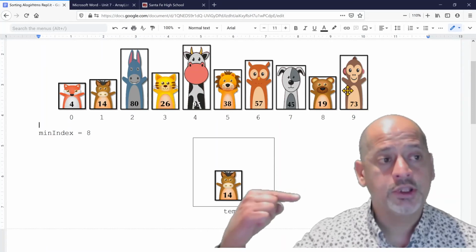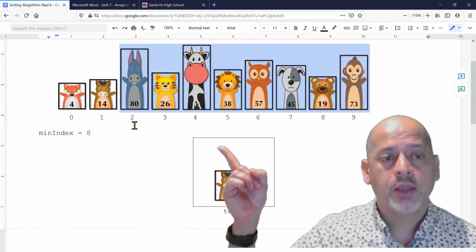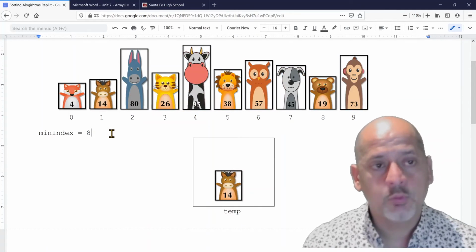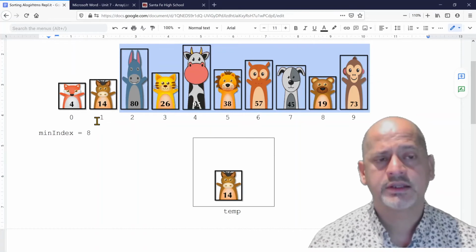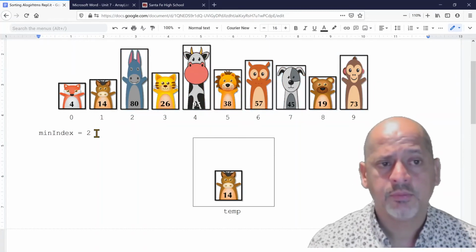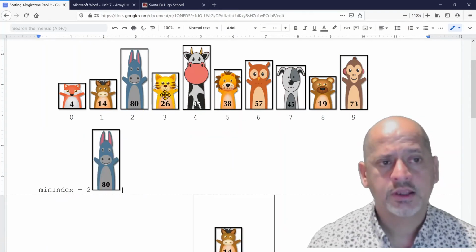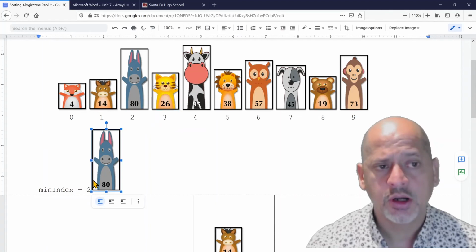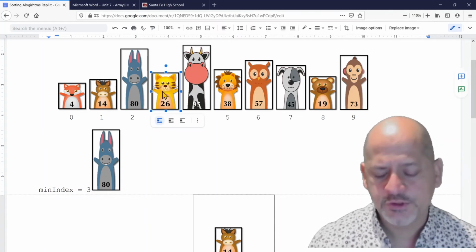Our outside loop continues to index 2, and we're going to assume that's the smallest index, and we're going to find the smallest one out of the rest. We're going to assume that our first index is the smallest one, in this case on index 2. And then we start. Is 26 smaller? Yes. We're going to keep track of the index and, for visual representation,